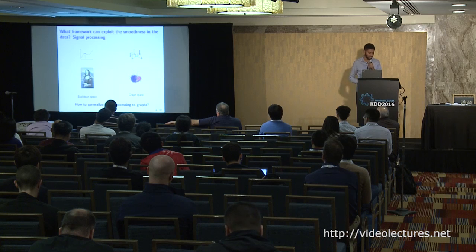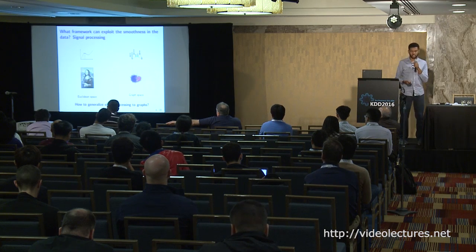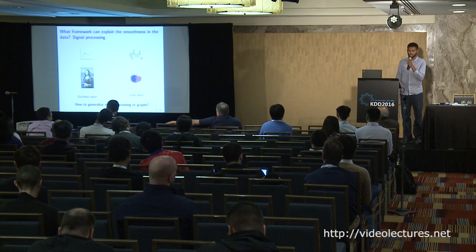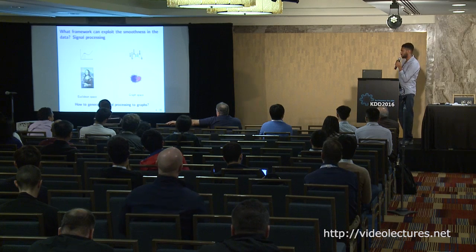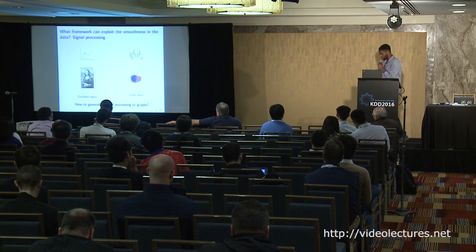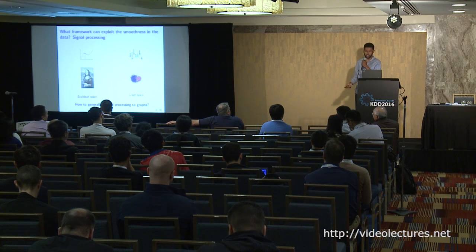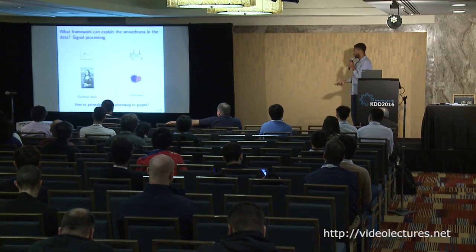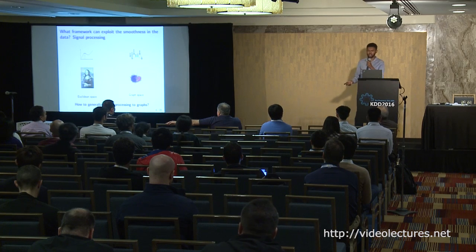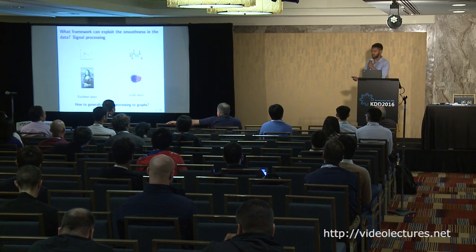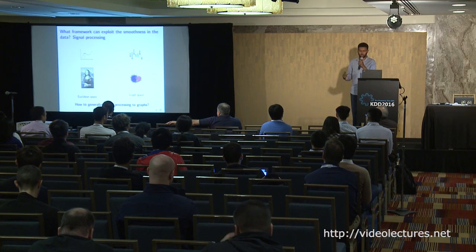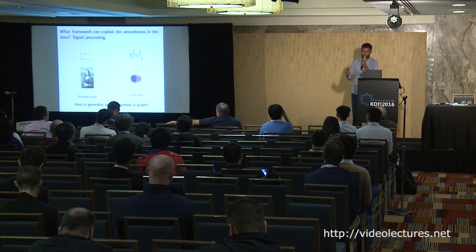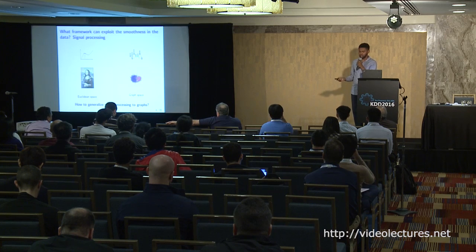Where people are very good at dealing with this kind of data that has smoothness and where you want sparse representation? If you think about signal processing, that's basically what they do, and they have been doing this for many years. If I go to a signal processing person and say, I have this image, can you compress it for me? He can easily do it. He's going to do some Fourier transform, wavelet transform, or something like that. But what if I give him a graph? Then it's not that easy, because graphs are in a space that's not as well structured as a Euclidean space. In Euclidean space, you can do many things that in graphs are hard to do. For instance, in an image, I can partition the image in half. But what is half of a graph? It's not very clear.